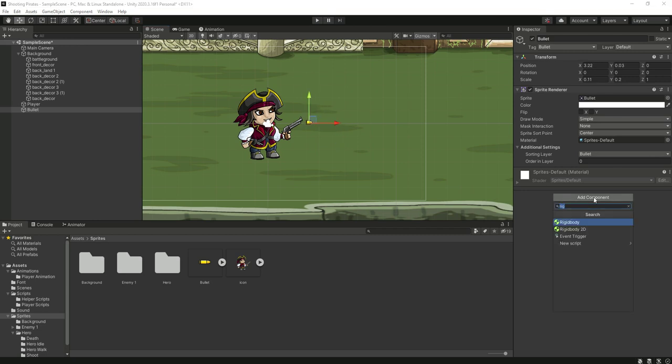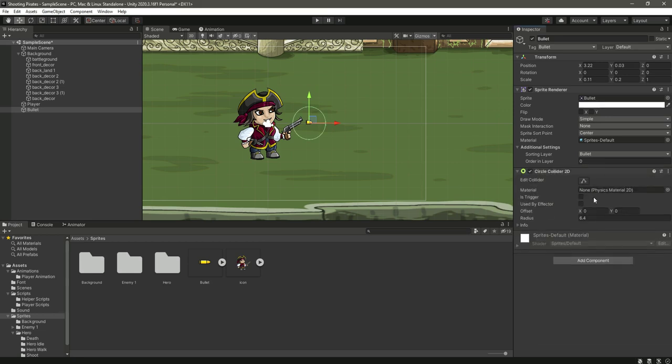The next thing we will do is to add a circle collider to it. So search for circle collider. As you can see, the circle collider is too big, so let's change the radius to 0.1. Let us change it to 0.20, or let's change it to 1.2 or 3. Yes, 1.3 will be better. Also check is triggered as well, because when we hit the enemy with this bullet, then the enemy will